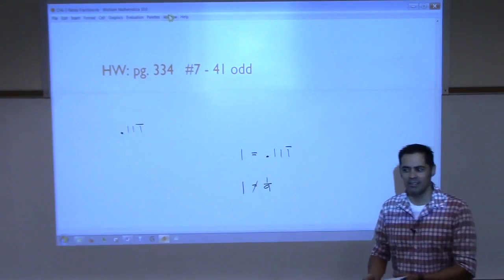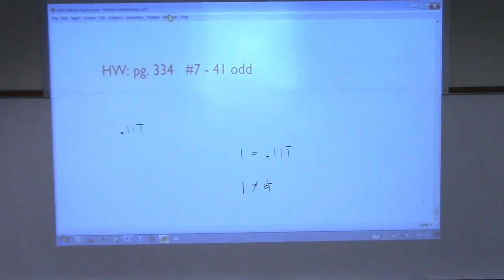Do your homework. Does binary have an advantage over base 10? The advantage to binary is